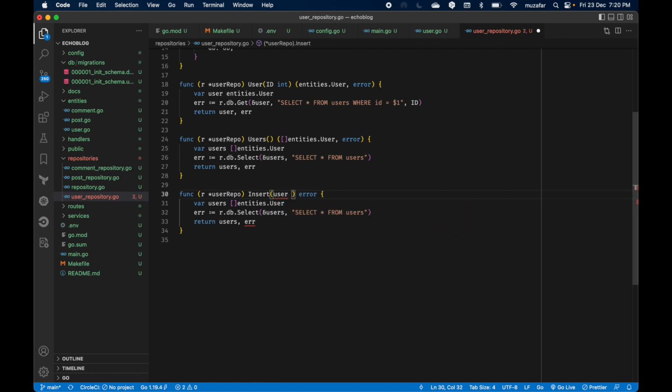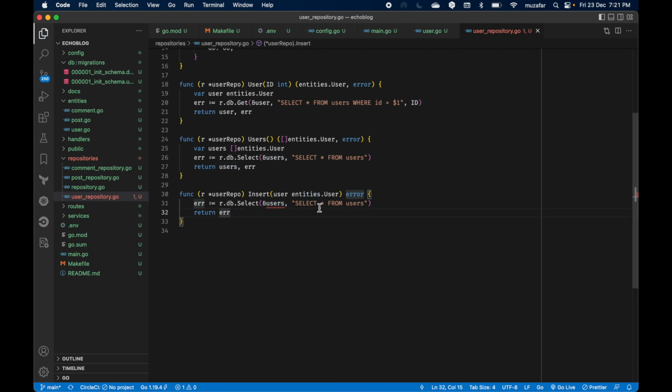I'll call it user, and it will be of type entities.user. Okay, so we will pass this to this method, and let's remove this. We won't be needing this, and here let's only keep the error,